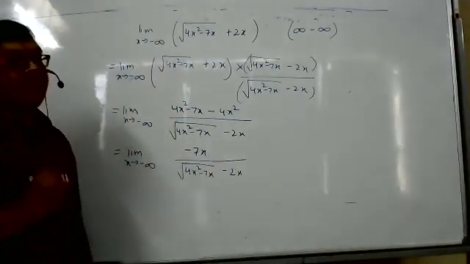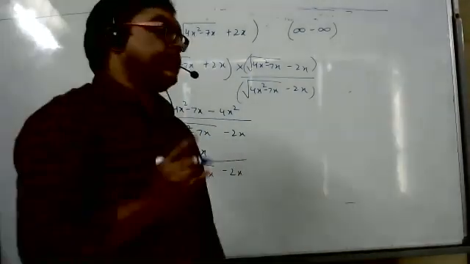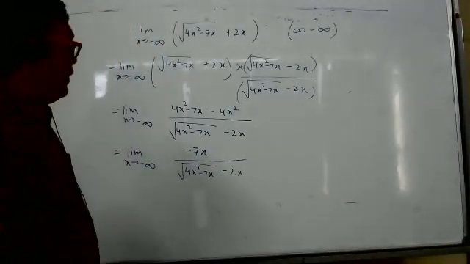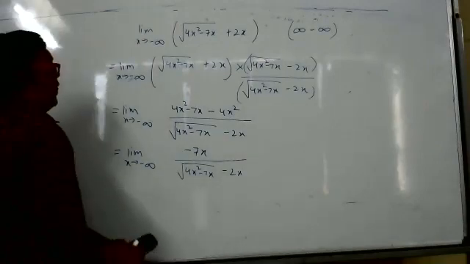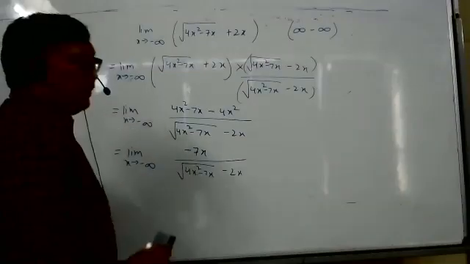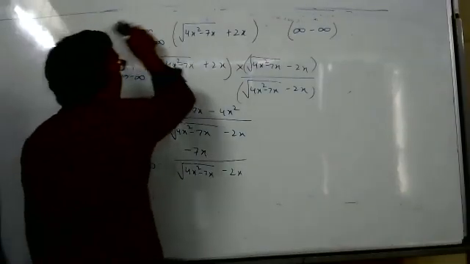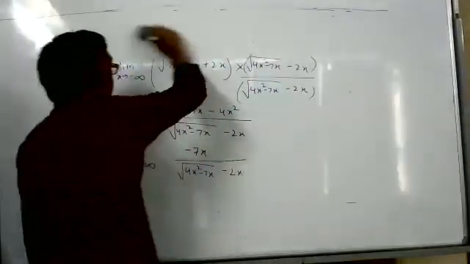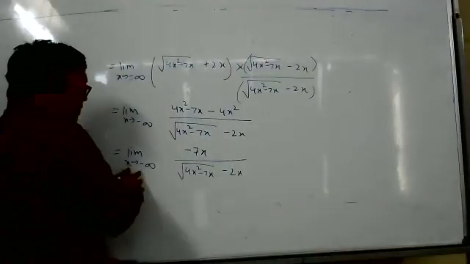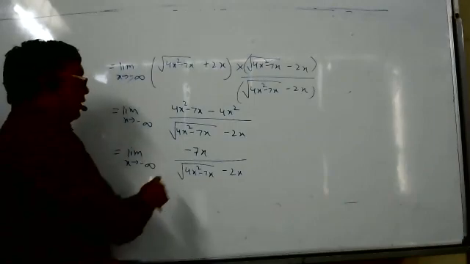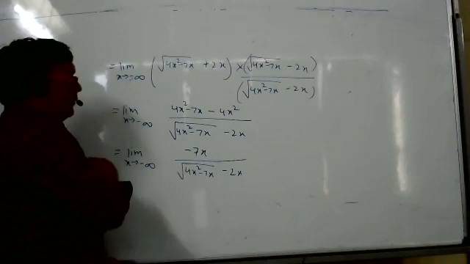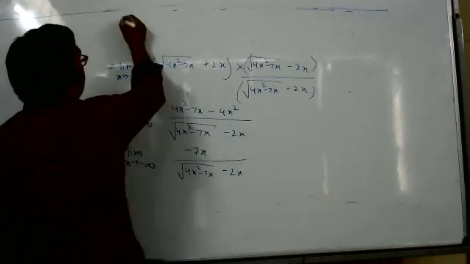Actually, till here we have done in the previous class. Previous class means Monday. We have done till here. After this, we made a mistake. It happens sometimes. I will continue now. I think you people have copied earlier also, and if somebody is interested, they can copy now also. After this, what we have to do, I think Bhushan was telling correctly. See here, x is minus infinity, and we know that square root is always positive. So what is the option here? What can we do? We can write this way: limit.